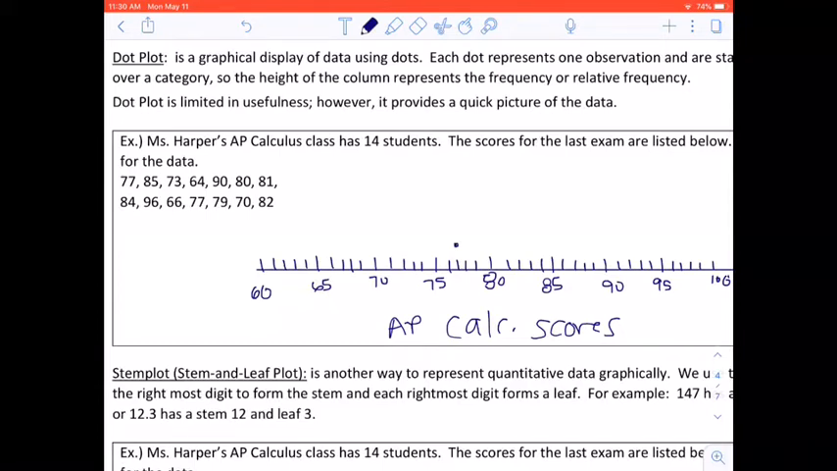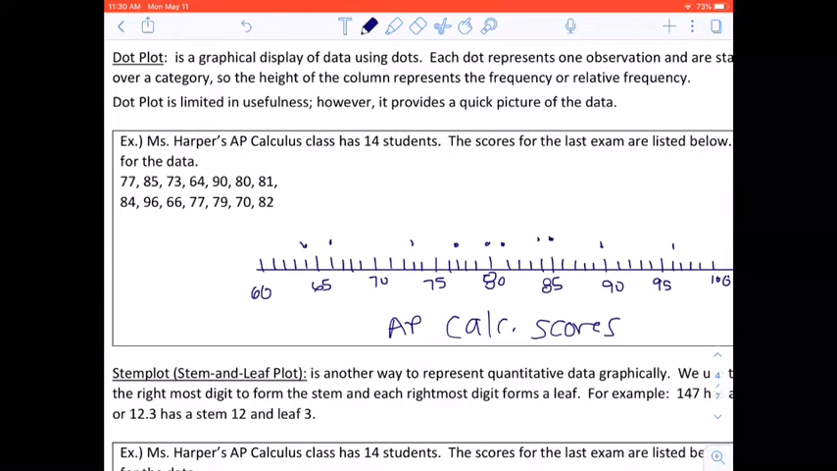The next one is 85, gets a point above 85, 73, 64, 90, 80, 81, 84, 96, 66, and so forth with these, so 66,